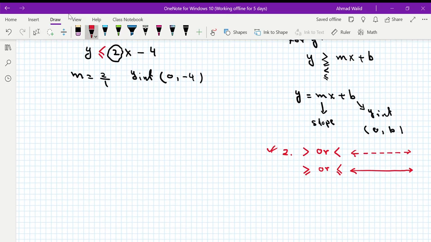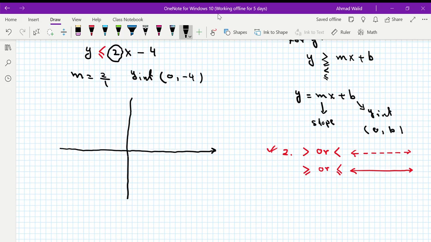Okay, now I am slowly going to graph this for you. Of course, I'm really bad at graphing because my pen is not working very well. It's going everywhere on the pad. I have no control over it. But anyway,